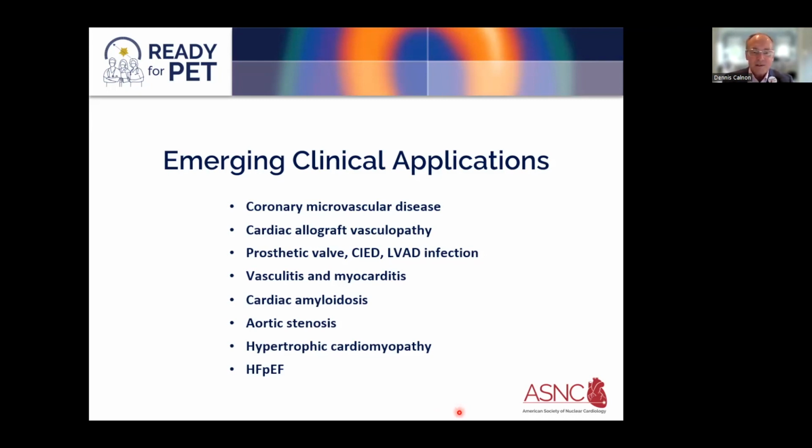Cardiac amyloidosis, there are some tracers that are being evaluated that might be very useful clinically for evaluating patients with suspected cardiac amyloidosis. And myocardial blood flow reserve measurements are very severely reduced in patients with cardiac amyloidosis, which may provide prognostic value or the ability to assess response to therapy. Similarly, patients with aortic stenosis, myocardial blood flow reserve measurements can be helpful in identifying patients with moderate to severe aortic stenosis who are asymptomatic